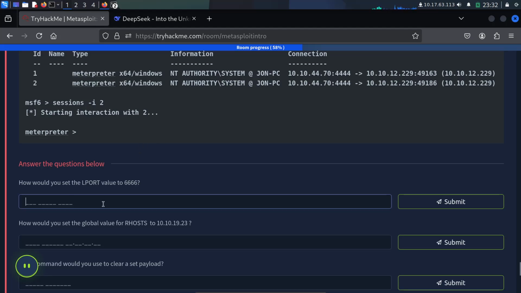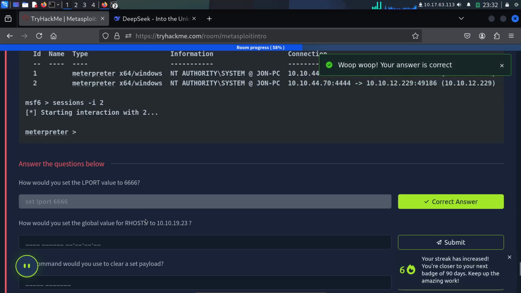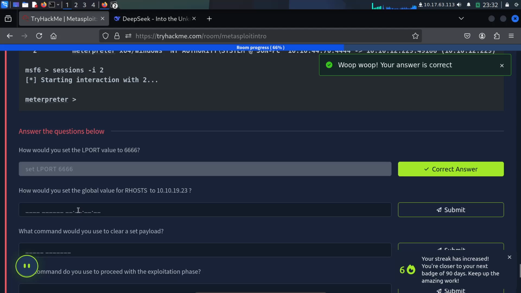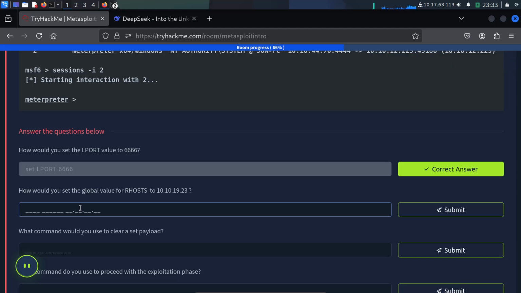Just set RPORT. How would you set the global value for RHOST to the IP? We can use setg, then RHOST, and then the IP.